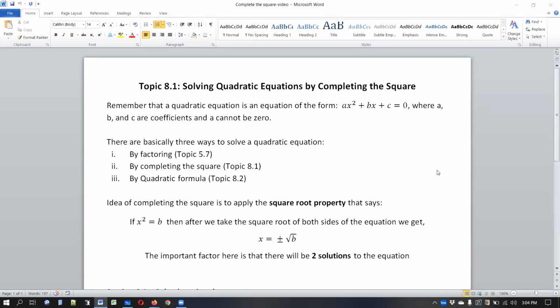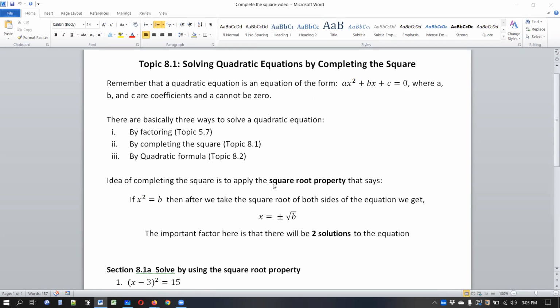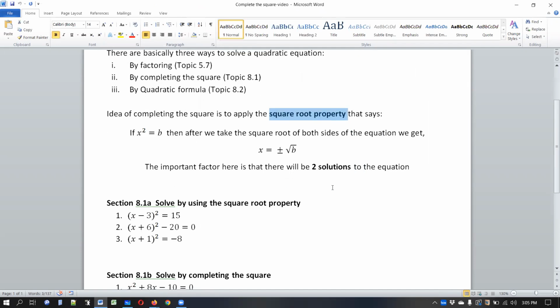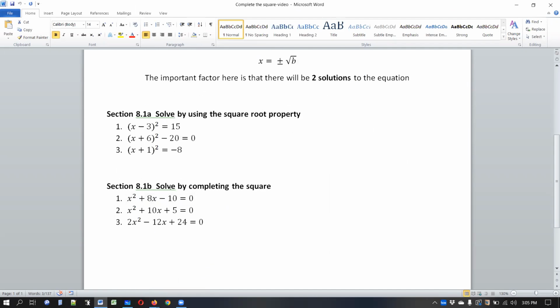Hi, hello everybody. So this is the second video dealing with section or topic 8.1, solving quadratic equations by completing the square. In the first video, I've covered the first step, which is solving by using the square root property. We've covered these three examples. So now that we know how to apply the square root property, we'll take a look at solving quadratic equations